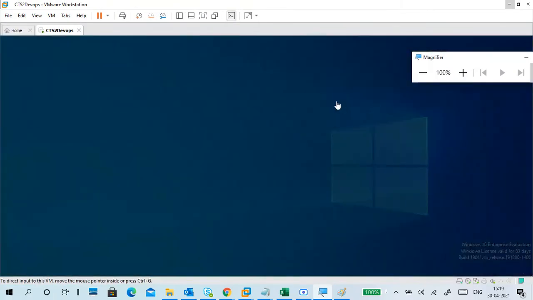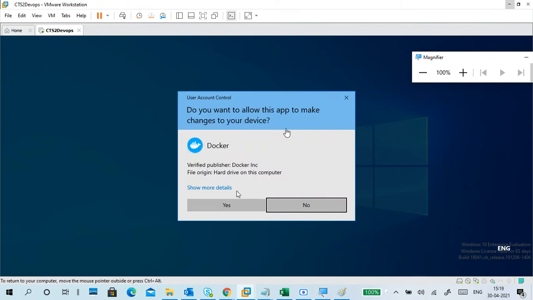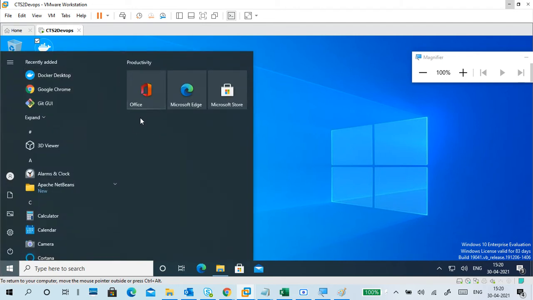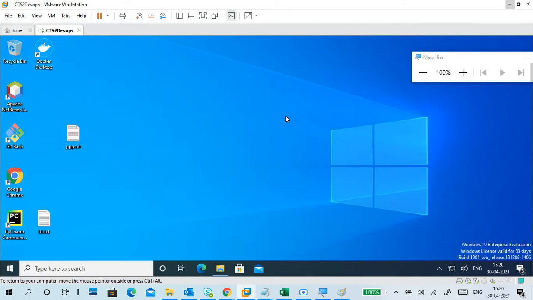When you open Docker, it is better to run as administrator. Whenever the Docker image is ready, it automatically shows here, and at the top it shows that Docker is running. So I click on run, and we'll see.